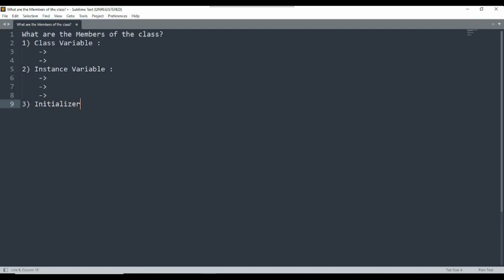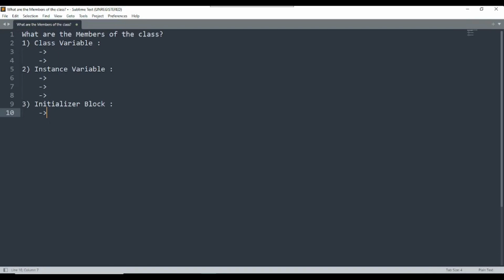The third member of the class is called the initializer block. It is very interesting and important to understand the initializer block. The initializer block is used to initialize values. It will be executed just before the constructor is invoked. In the previous video we learned that whenever an object is created, a constructor will be called.